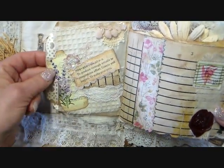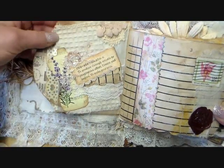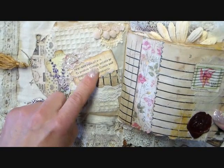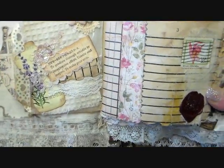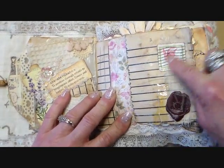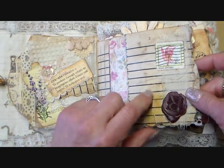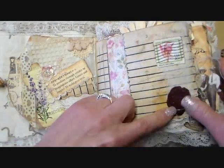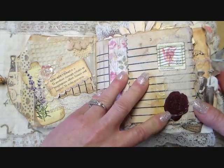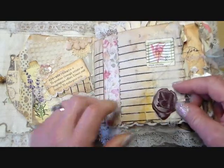And so here, this first page here, I just, as you can see, used a lot of snippets and things I had in my stash, some stuff from Kathleen, some of the fabric she sent me, and laces and little different pieces of stuff. Like I said, it's all made with scraps. And I've got a stamp here, and I made some of my own, you know, that old tape. And then I got from Wish one of those sets to do these stamp things. Of course, this came out upside down, but